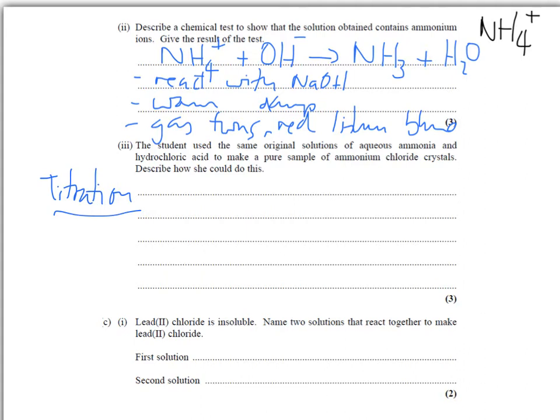And then when you've got that neutral solution, you need to form crystals. So you obviously can't filter it because the crystals have dissolved in the water. So gently warm the solution until probably half the water has been evaporated, and then leave the rest of the water to evaporate naturally. You're not going to want to heat it too strongly, otherwise you might thermally decompose the ammonium chloride. Okay, so initially talk about your titration, and then talk about how you will get your crystals from